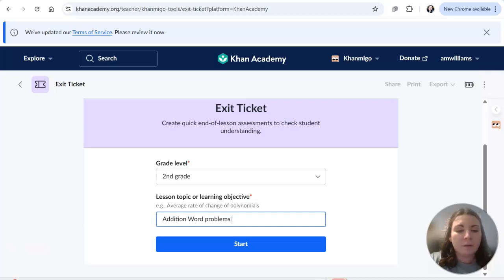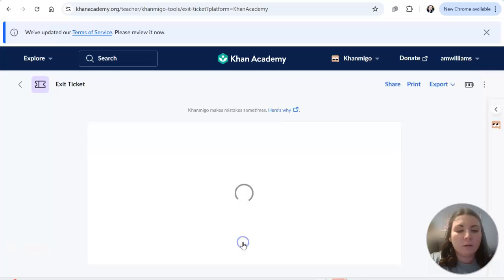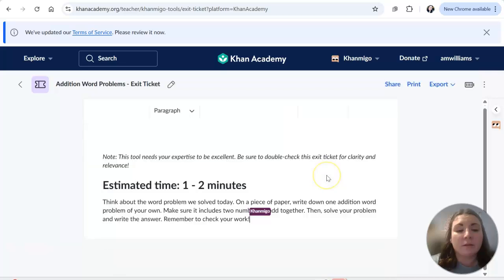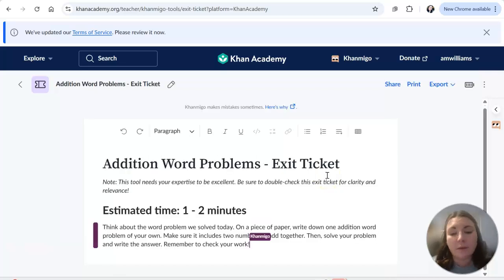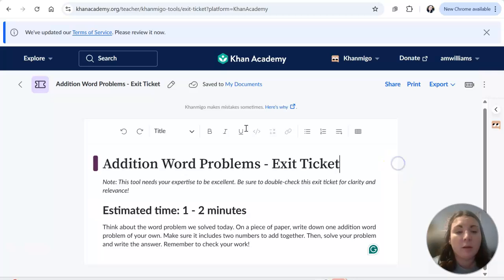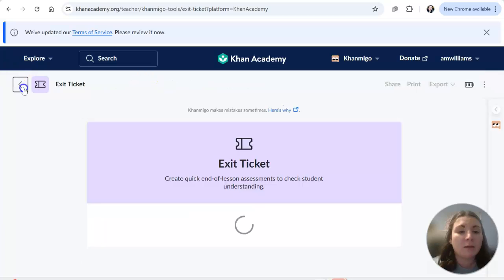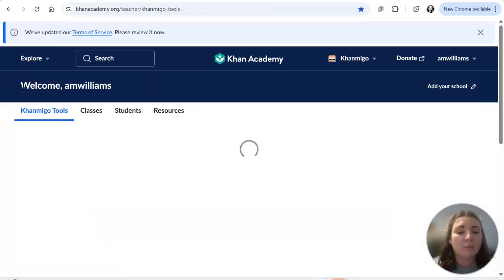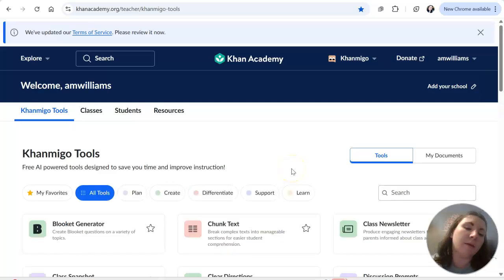So you're going to click start and it will generate it for you. And AI uses its tools to generate some exit ticket questions and give you a time limit. So if you're looking for a way to implement that in your classroom, this is a good way to just find a quick one to put up on your board or on a PowerPoint, and it'll generate some ideas for you. So that's a good example of using one of the tools effectively for your lesson plan needs. Going back to Kahnmigo,